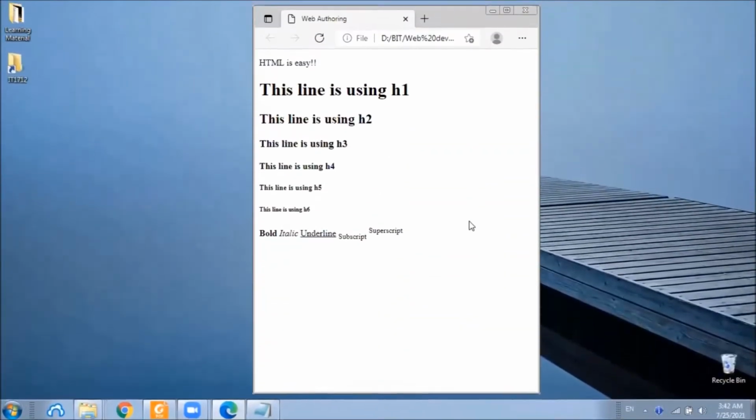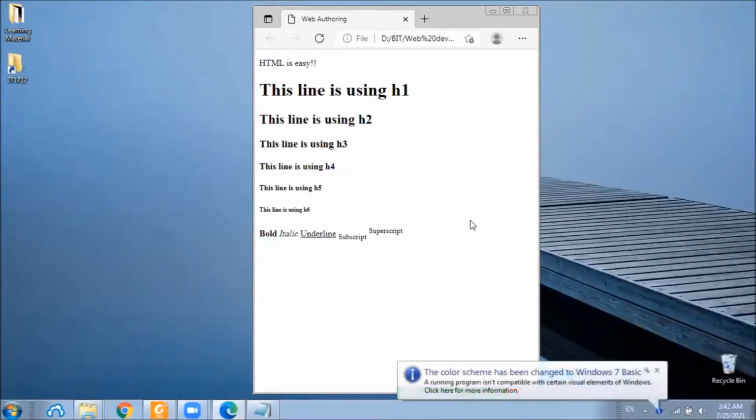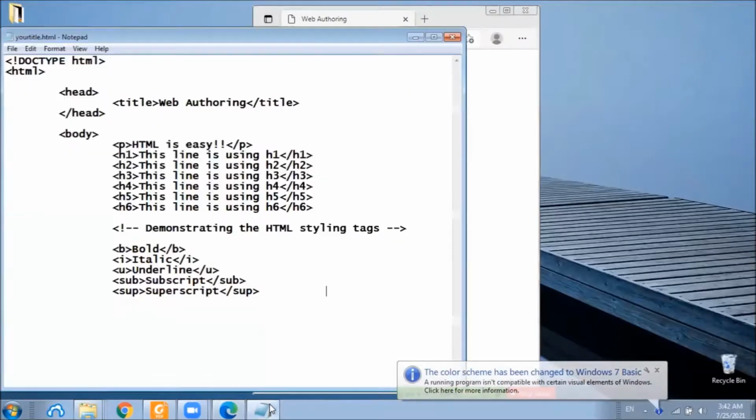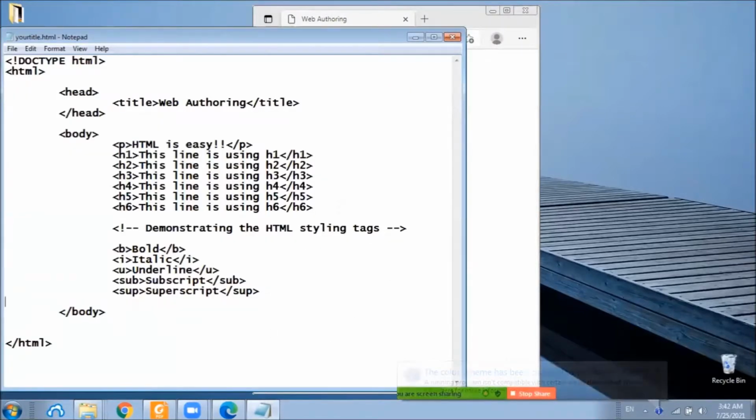Now, one of the key elements of a web page is paragraphs. In order to add paragraphs into our web page, we shall open our file containing the code related to our web page and insert the p tag, opening and closing p tags to insert a paragraph.